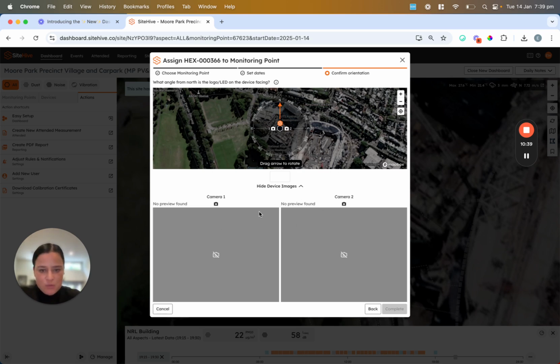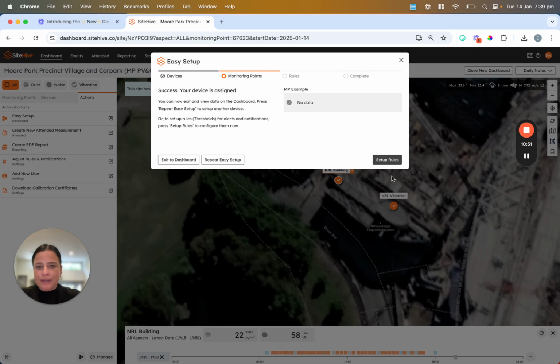So if your device was on, you're going to have media. It's going to show you camera 2 view, camera 1 view, and then this is really nice and draggable. So we'll just go straight E for east, and we can go complete. And then here, we can either set up rules, which is fantastic. You can either repeat the step, say if you've got multiples that you need to set up, or you can just simply exit. Let's say you don't have your management plan just yet, or you don't know what rules